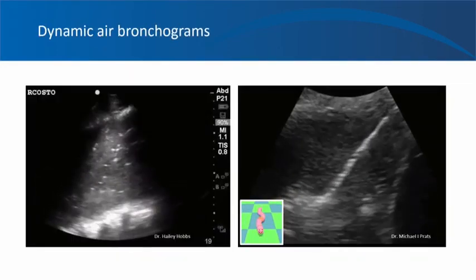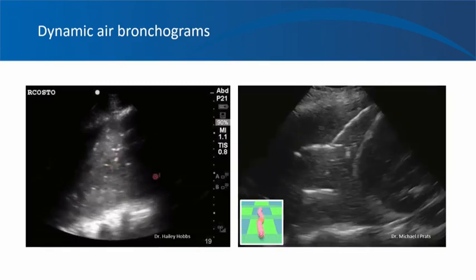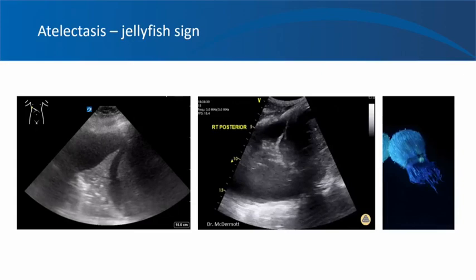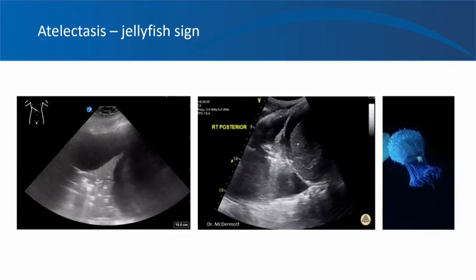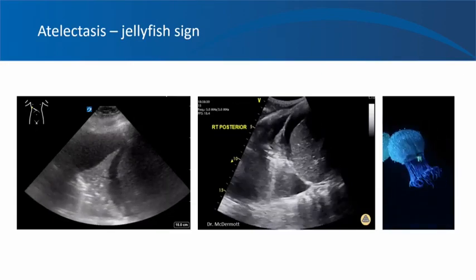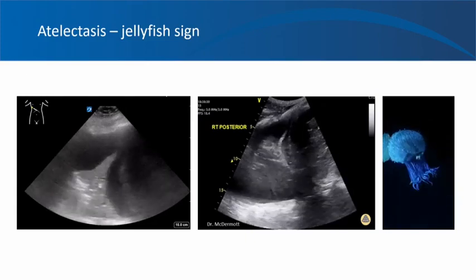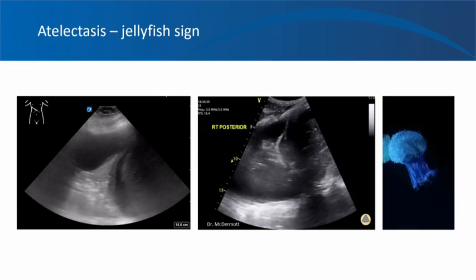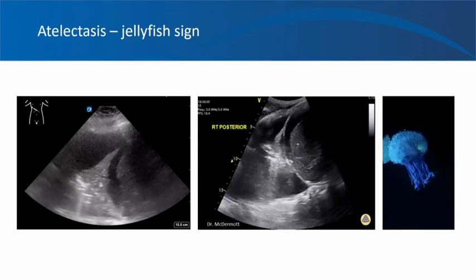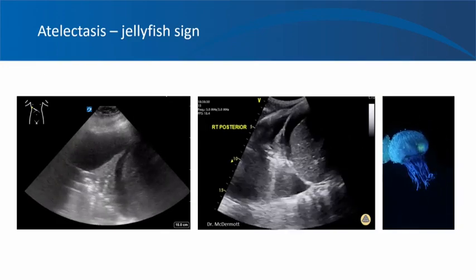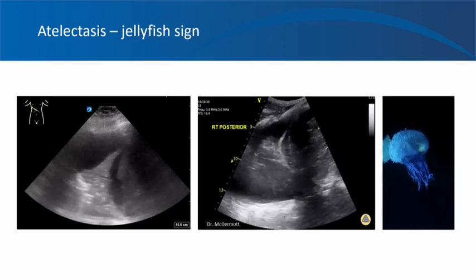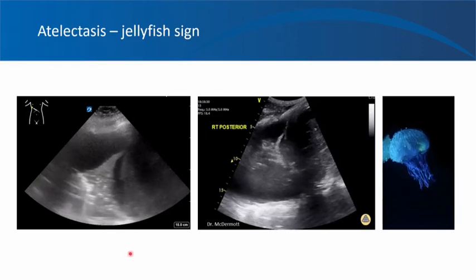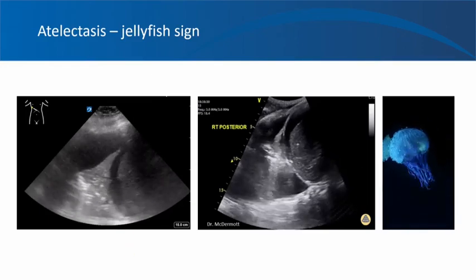You compare them to the dynamic air bronchograms, they are nicely moving with respiration. But if it's atelectasis, it's very likely that they don't move with respiration. One thing to remember is that static air bronchograms, that is stationary air bronchograms, can be seen both in atelectasis and pneumonia. But if you are seeing dynamic air bronchograms, it most likely represents pneumonia and not atelectasis. And also the other difference is that